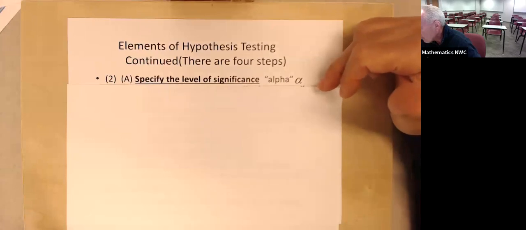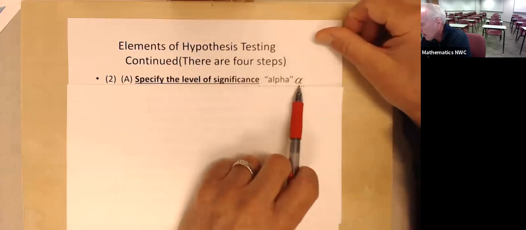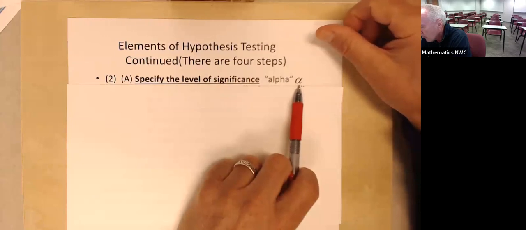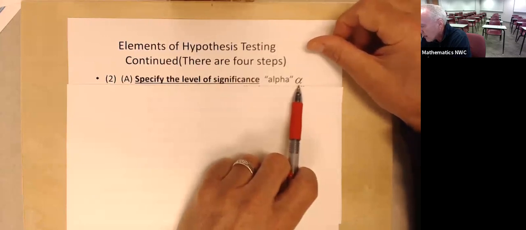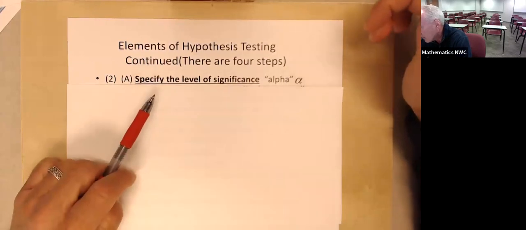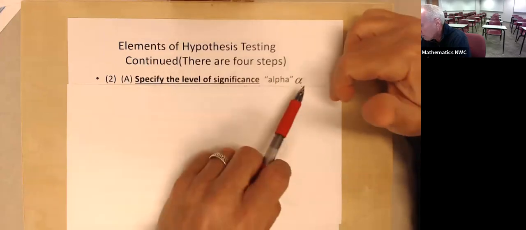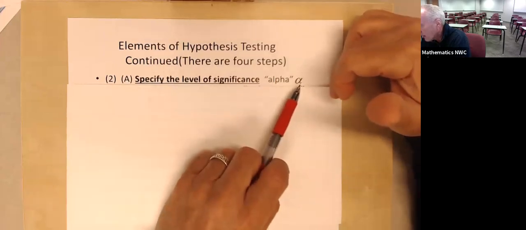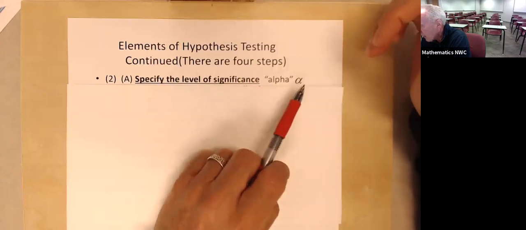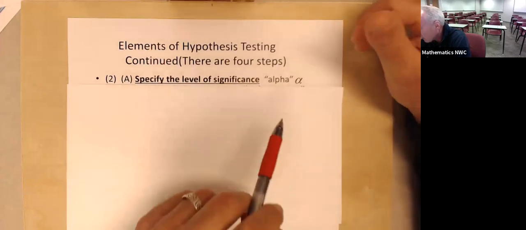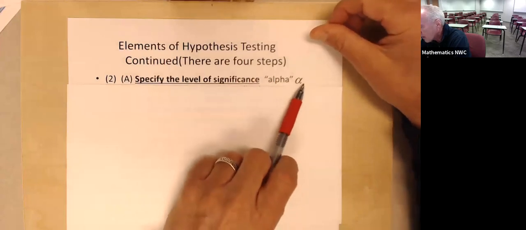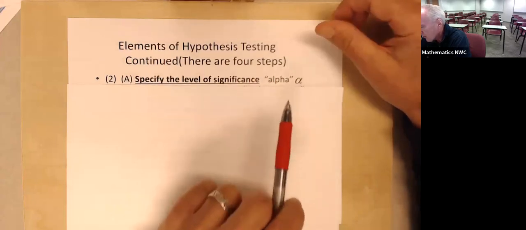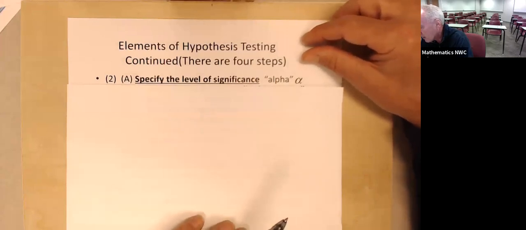One of the important things to remember though is if it's not given, the default is always let alpha be 0.05. That 0.05 level for alpha is the level that's used most often in the business field. In the medical field, it is usually an alpha of 0.01 or 0.001. They want to be much more sure of their concluding statement in the medical field. But in business, alpha is usually 0.05 unless it's otherwise stated. 0.05 again is the default.